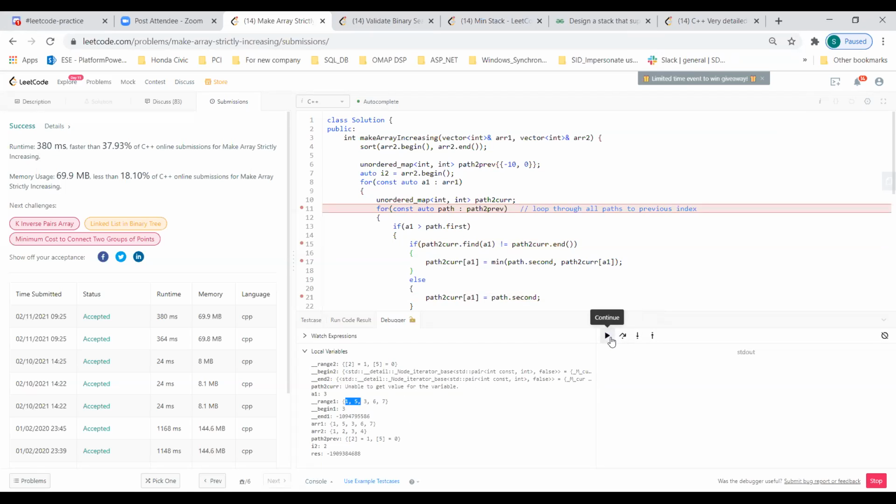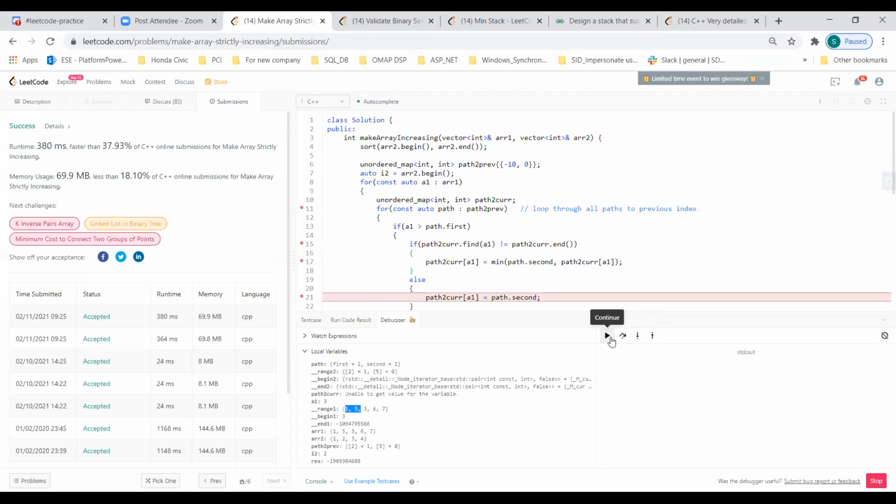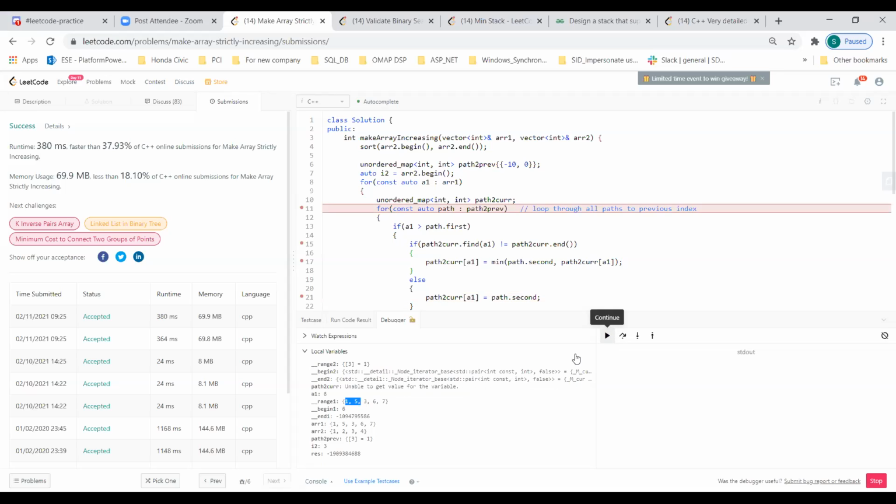Then if I go back to path cur again, it keeps on changing. It is only the previous one, exactly the way Abhishek was doing. You see this? Now it is coming to 3 and 1. So now you are at 3, and he is comparing with only one of these values. So it is only one comparison here. The 5 and 2 is actually not the correct one, so at 3 he has only one value, and that is what he is using.